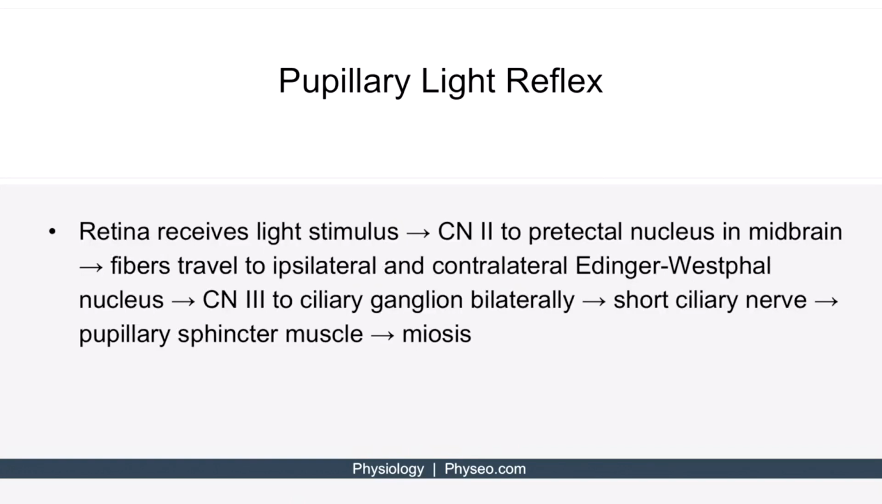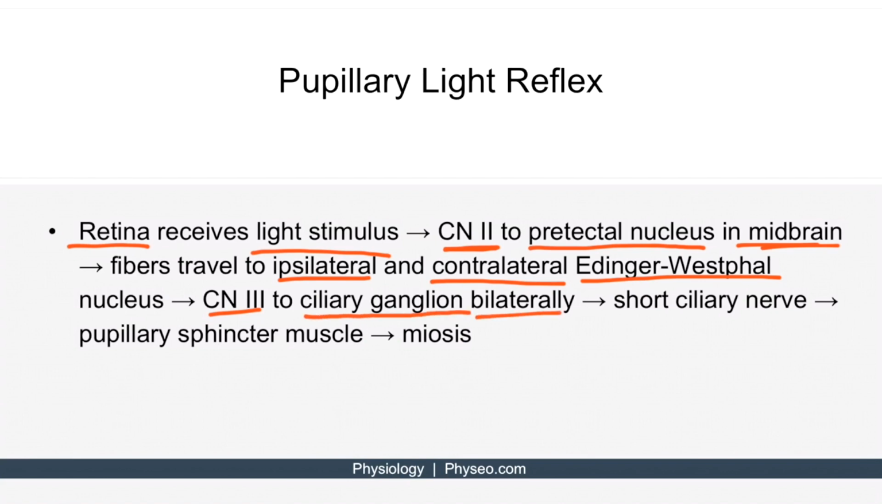So now let's talk about the pupillary light reflex. The retina receives the light stimulus, and then the cranial nerve 2, or the optic nerve, will send information to the pretectal nucleus in the midbrain. From the midbrain, fibers travel to the ipsilateral and contralateral Edinger-Westphal nucleus. From there, the cranial nerve 3, or the oculomotor cranial nerve, sends fibers to the ciliary ganglion bilaterally, so both sides. And then from there, the short ciliary nerve carries information to the pupillary sphincter muscle,